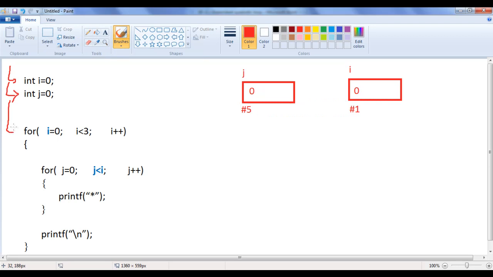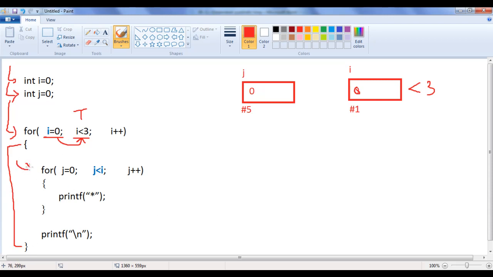Then it moves forward. It starts executing the dependent quadratic loop. We know that first the initialization statements of the outer for loop are executed. i will be reinitialized back to 0, guys. After that, control goes to the condition part of the outer for loop. It checks whether i is less than 3. i is 0, 0 less than 3 is true. As the condition evaluates to true, it executes the body of the outer for loop.